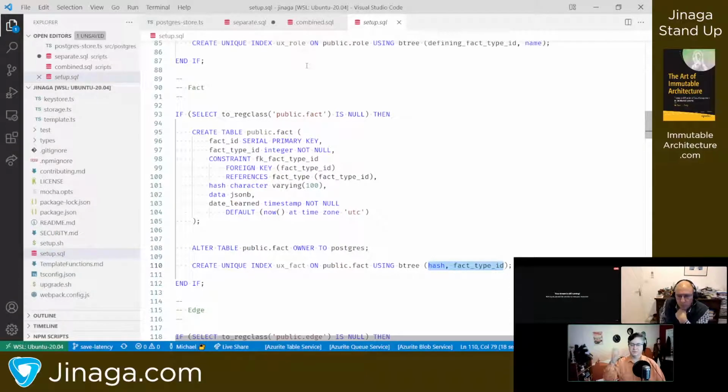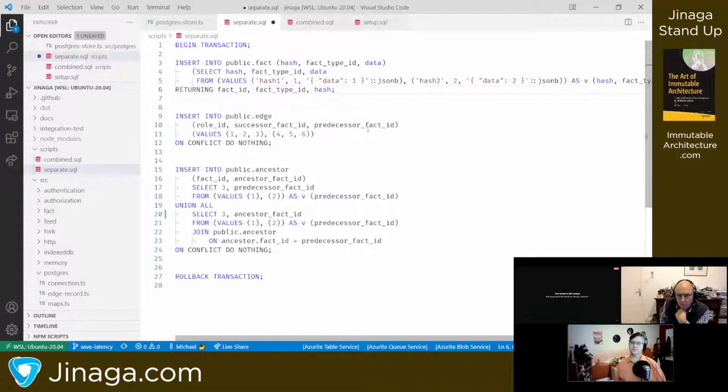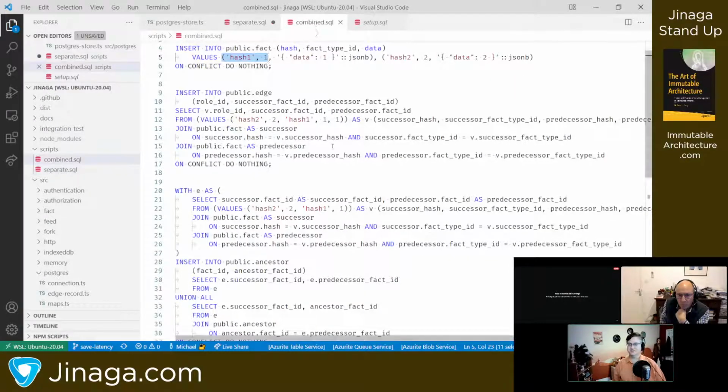So that's what would cause the conflict if there was one. And it also happens to be that I have the hash and the fact type ID while I'm trying to do all these inserts. And so I can join the hash and the fact type ID that I have when I'm trying to create an edge for the successor and for the predecessor.